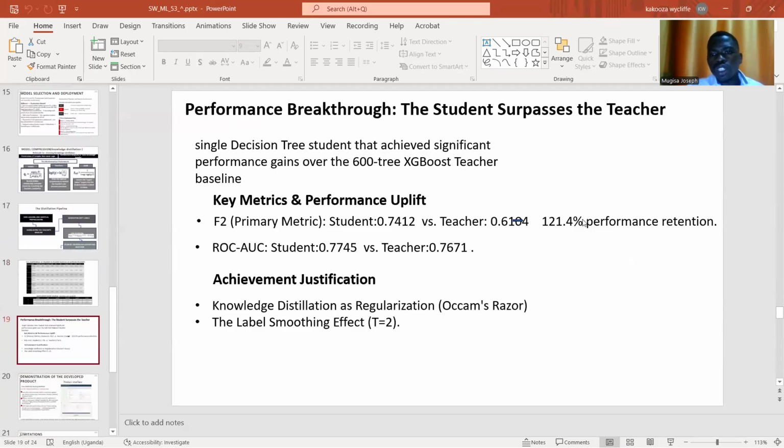As per our outcome, we have the student doing 121% performance retention, and traditionally we don't expect this, but well documented references say this is a very possible situation whereby there is label smoothing, whereby the student lands on the soft labels rather than the rugged zeros and ones, and also whereby the knowledge distillation maybe acts as regularization, whereby now we have a few number of trees, which don't form complex rules that will just bring noise. Like the decision tree only used six trees only. Therefore, the student will just learn from the soft labels and not create complex trees. So with that, the noise was filtered and removed, soft labeling happened, and our student managed to actually achieve 124%